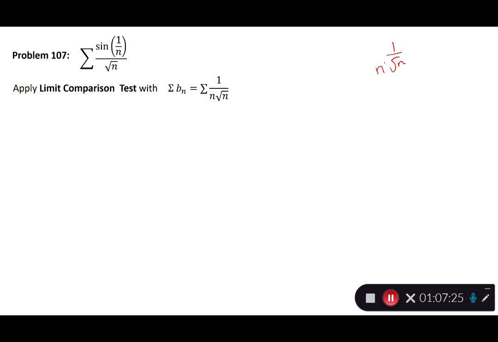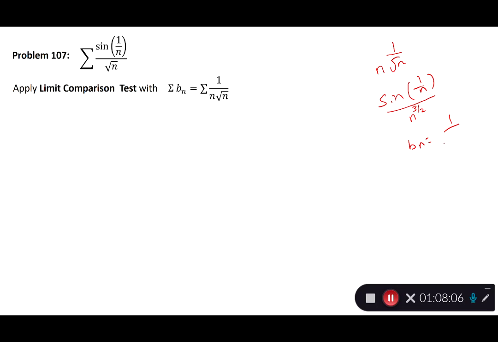Always, if you have sine of 1 over n on the top, whatever is the denominator, square root of n, multiply that by another n. Now, what do I mean by that? I could ask a problem like this: sine of 1 over n over, say, n to the 3 halves. Right now we have n to the 1 half. So if we have sine of 1 over n to the 3 halves, like I said, for sigma b sub n,